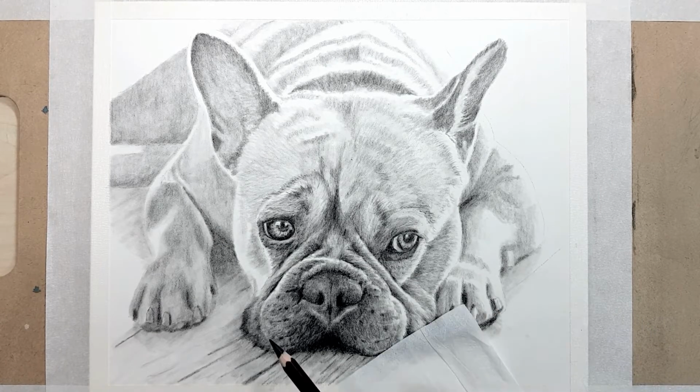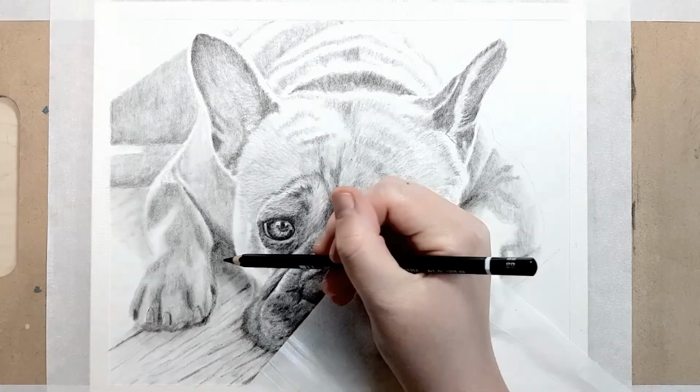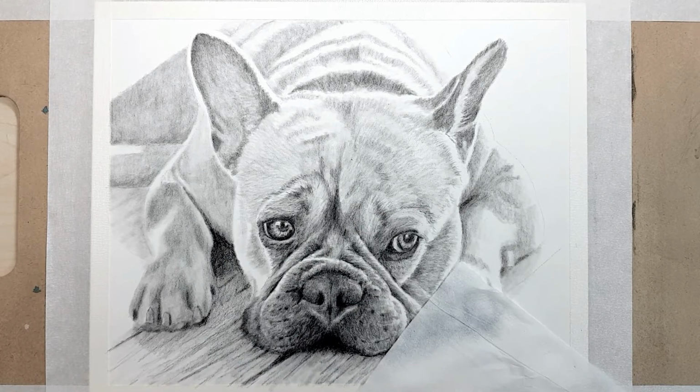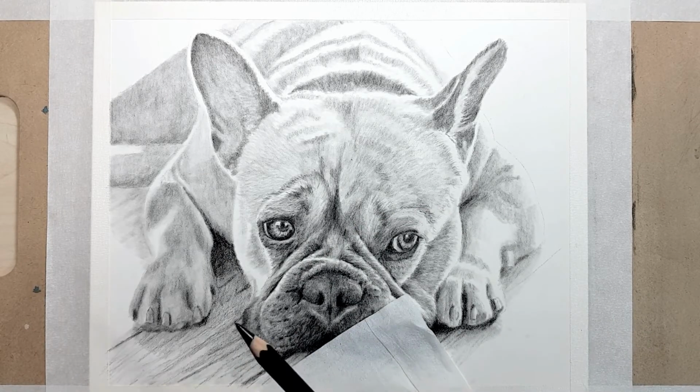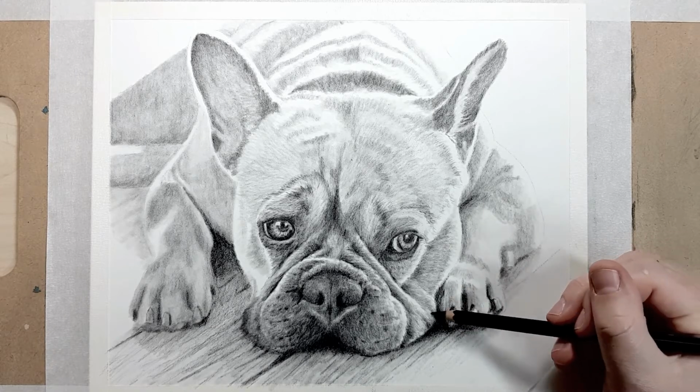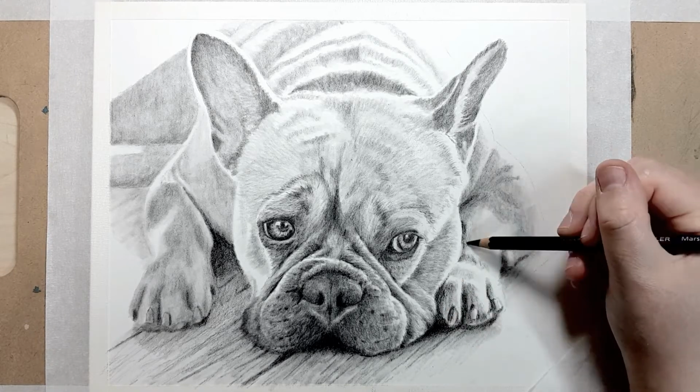Try and keep the main point of your piece in focus, which is the eyes in this drawing. In this piece, I put a lot of detail in the eyes and then less detail in the face and even less detail in the body. And this is because when you look at something in real life, your eyes can only focus on one area at a time. For example, if you're looking at a